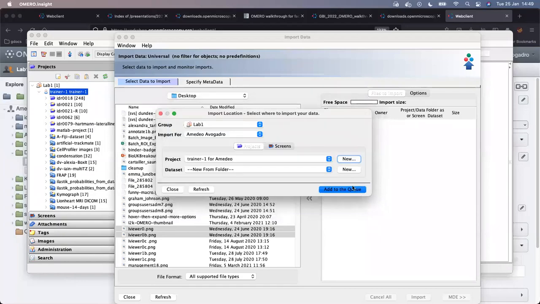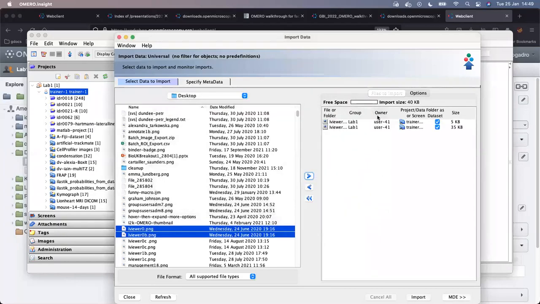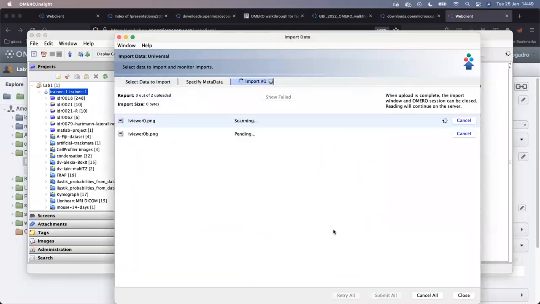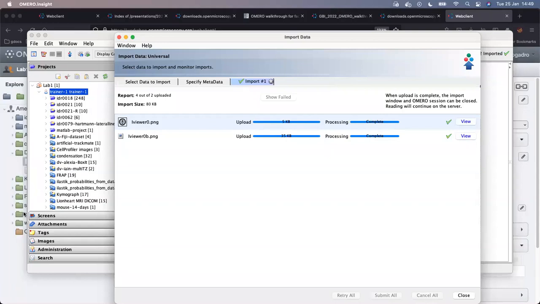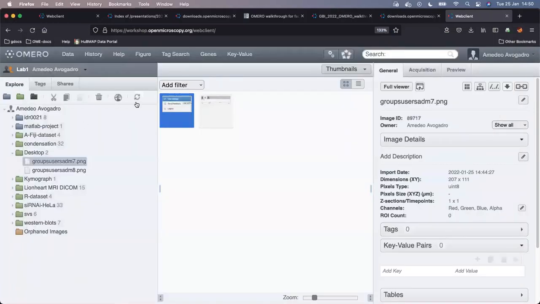After I've done that, I put those two screenshots into the right-hand queue, and the same process goes. I don't worry now about OMERO.insight. I go straight to OMERO.web,